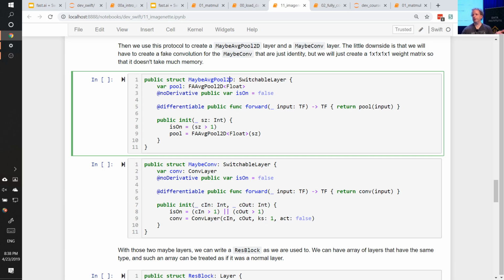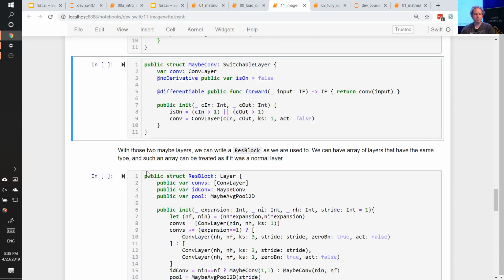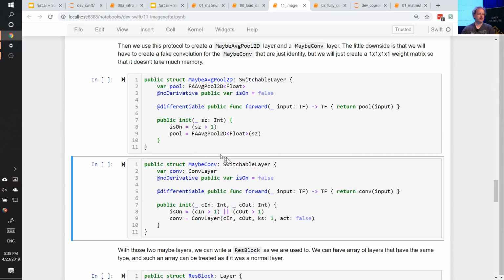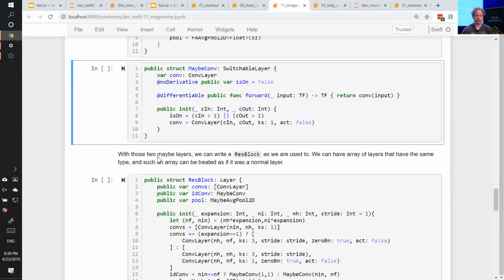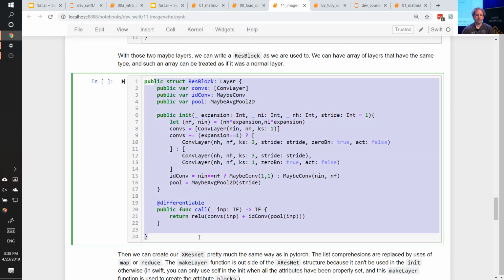Because, again, we don't have the ability to have if, we just use this switchable layer, and maybe you change the number of channels by adding a 1-by-1 conv. So that's all that is. Most of this stuff, if you're watching this much later than July or something, will probably all have gone away and been replaced by some if statements. But, once we've got all that, the res block,